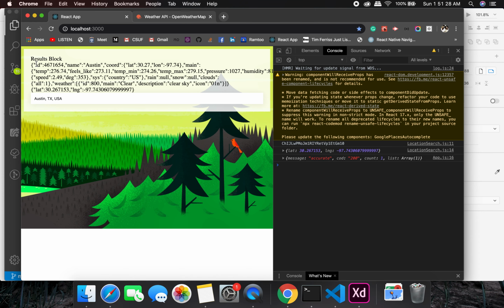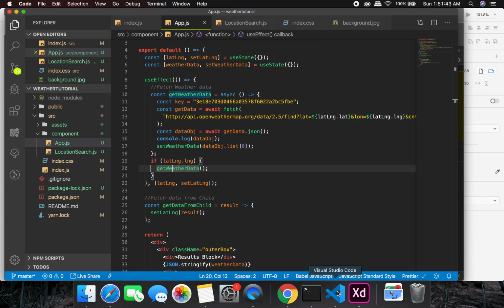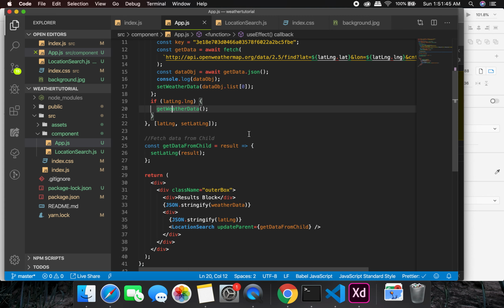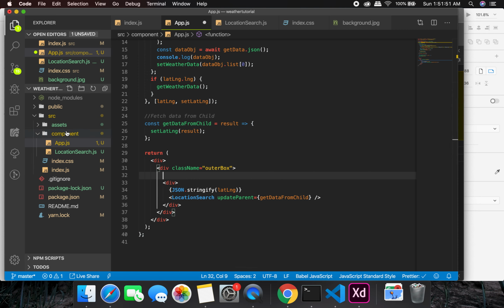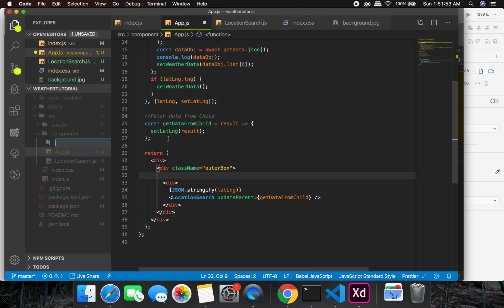Okay, so see, we do get something at this point, and it's clear sky, and yes, we are getting what we are looking for, and it is in the parent component. Now we are supposed to pass it to the result block. So how are we going to do that? First of all, I will create another file, result.js,